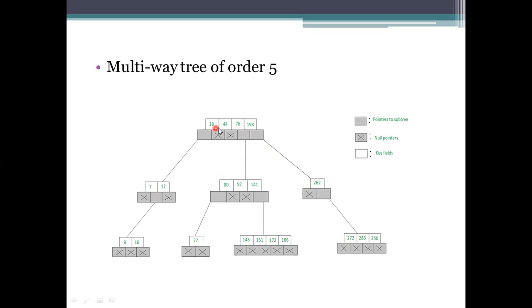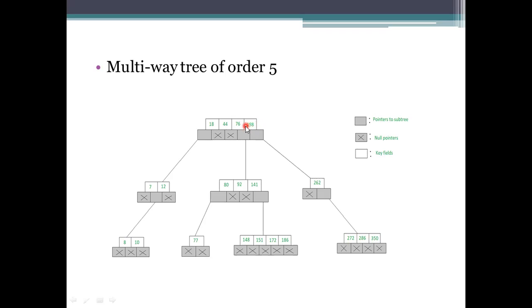In this one, this is the first level of that multiway tree. From that one, we need to read each and every element in that list type representation. So here I want to insert 163. 163 compared with this 18, greater than, go to the right side. 44, greater than, go again to the right side. Next we need to move to the next element here. 76, go to the right side. 198, again you have to go for that. But this is the last element we have been processing. So what I have to do, we need to see whether to add this one to that representation or not.